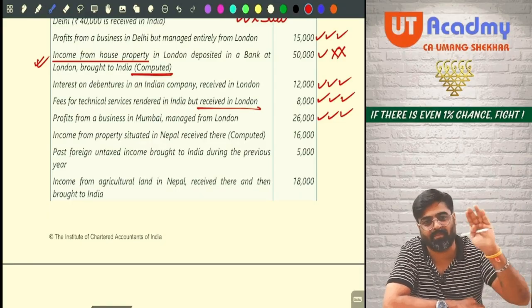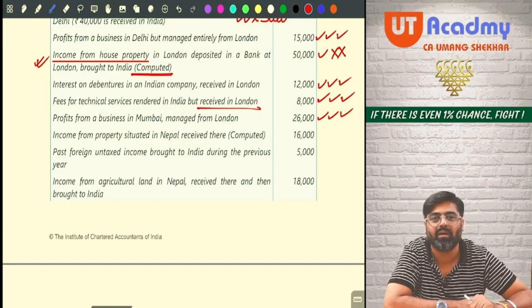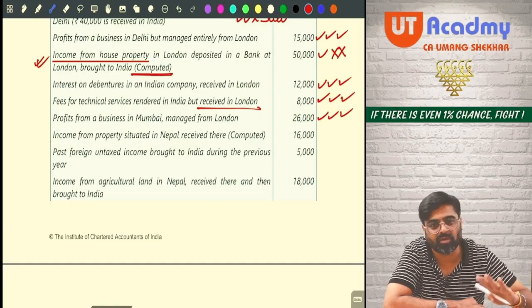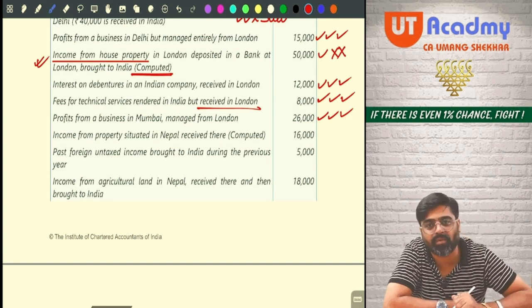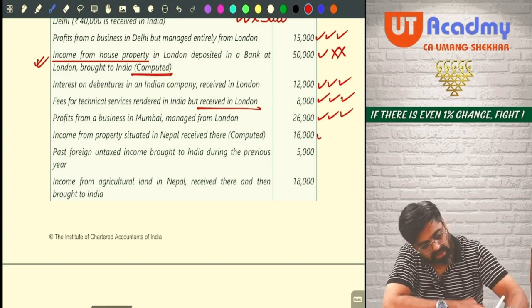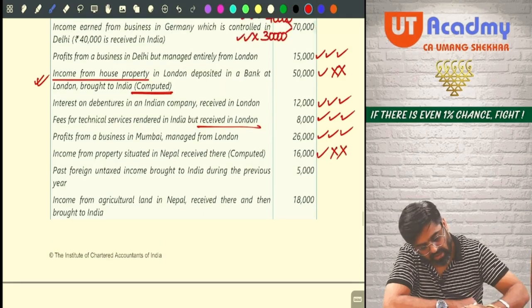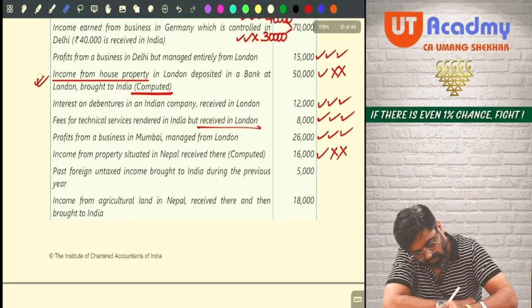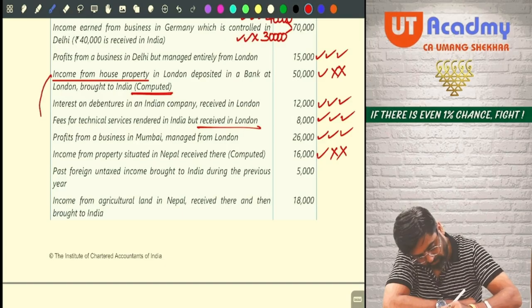Part A or part B? Part B, no? Part B means tick, cross, cross. And you are not supposed to take 30% separately because they are saying that it is computed. Sure? Tick, cross, cross. And write down. This is a similar point. Connect. Both these points are similar points.